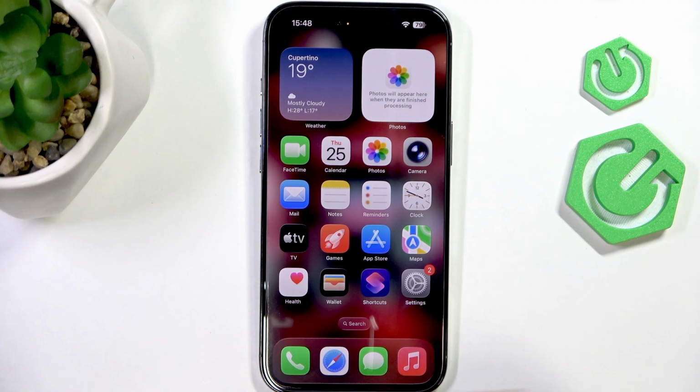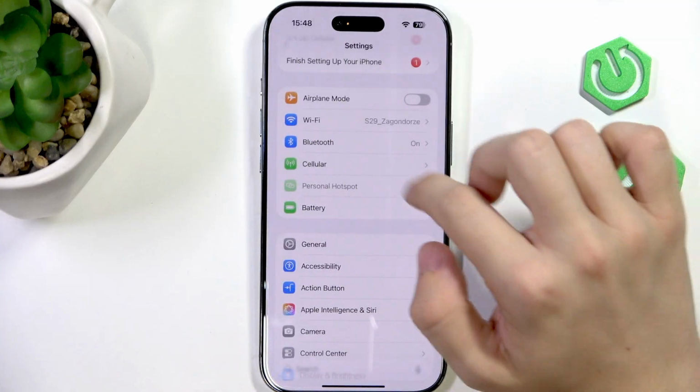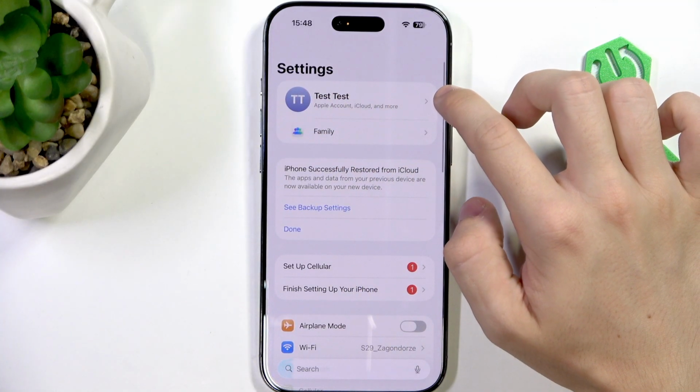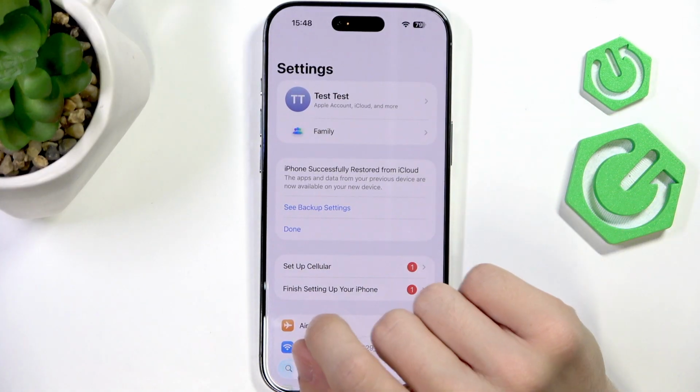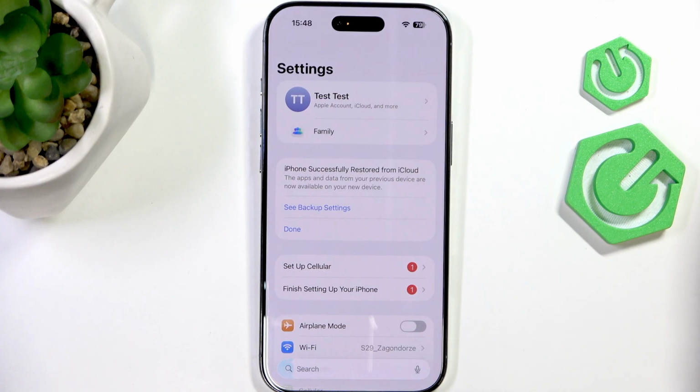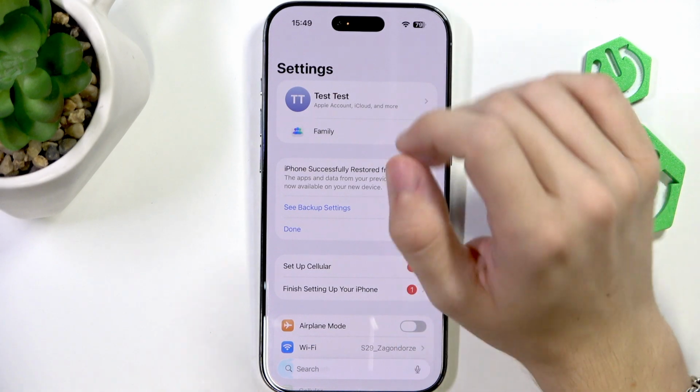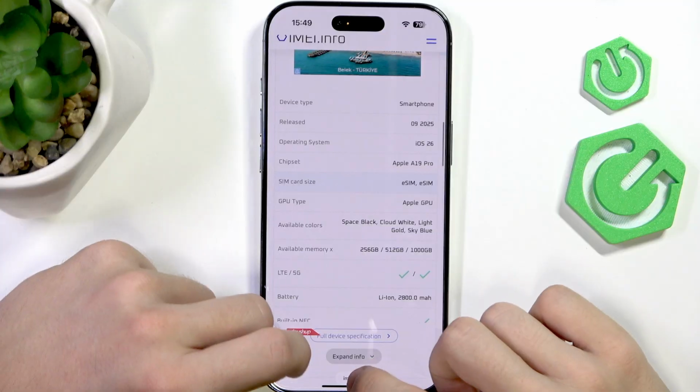Now, let's check settings. And if you're not yet logged into an account here, or if you are, I would recommend signing out and then signing in. But I wouldn't recommend signing in with your real Apple account because it's not really something that I would recommend doing on a phone that you suspect may be unreal, because maybe scammers will track that Apple account later. So what I would recommend doing is going to a website